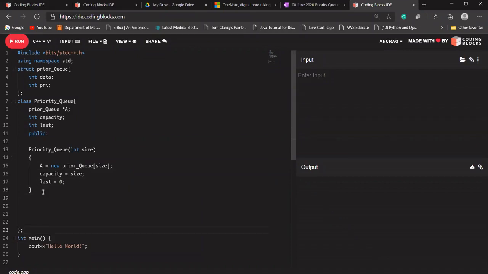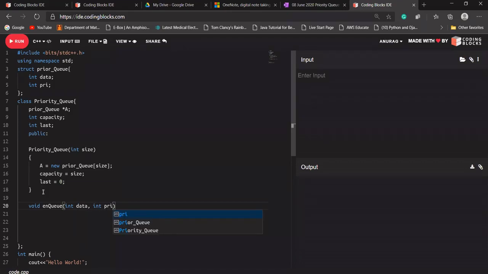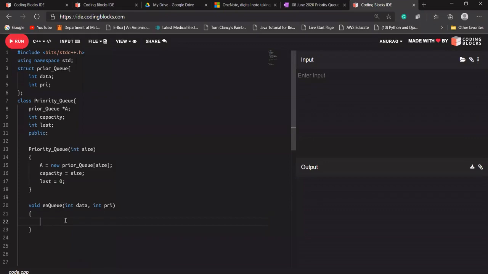Okay, now I'm going to design my enqueue function. The enqueue function will take the argument data, and with the data it will take another argument, PRI, the priority. At this point, first check whether our queue is full or not. Let's design an isFull function here. If isFull returns true, it means our queue is already full.